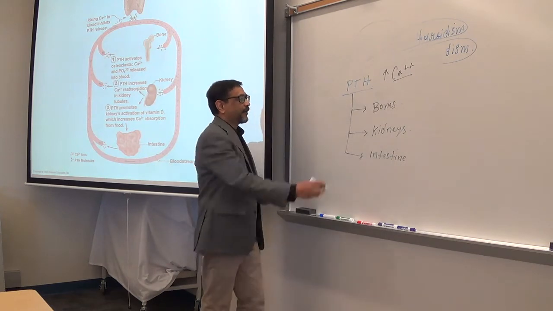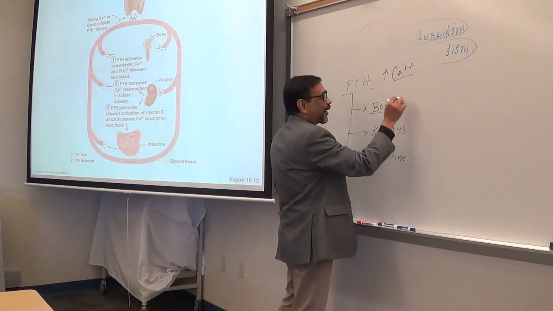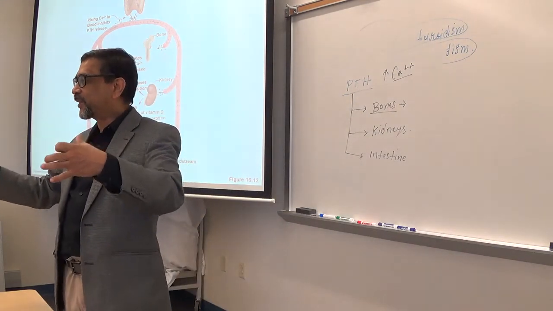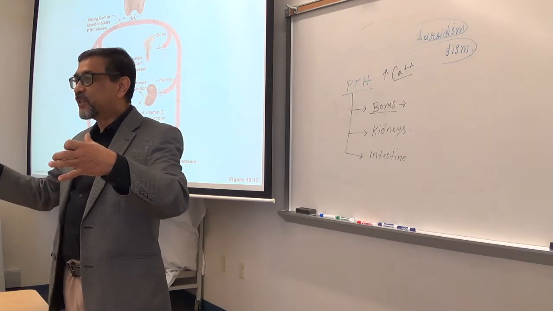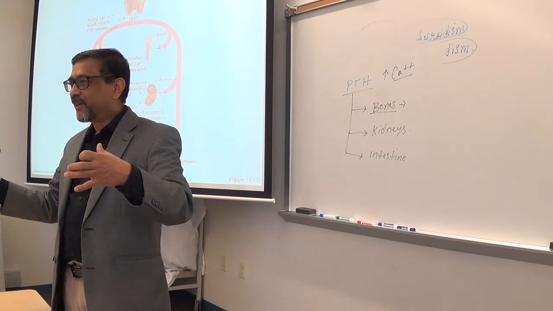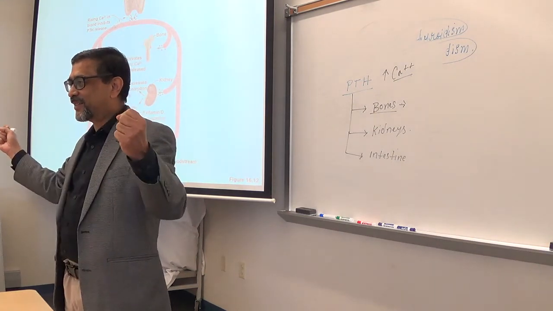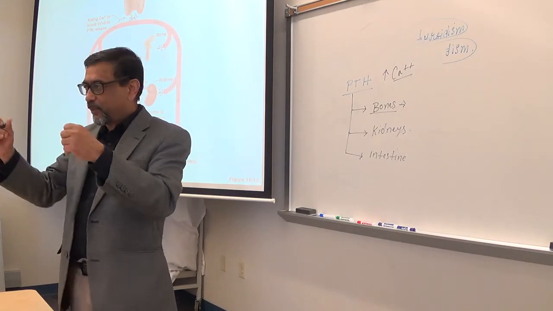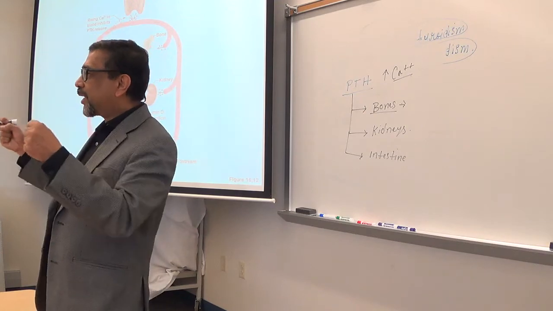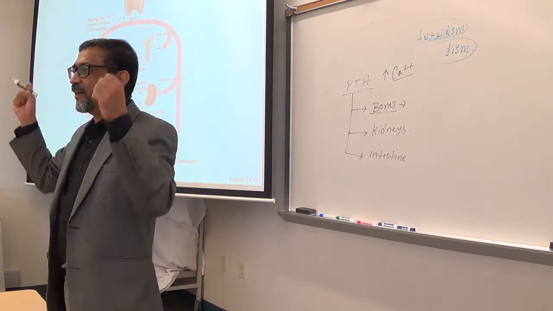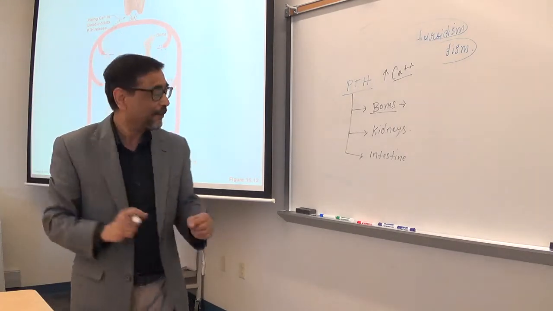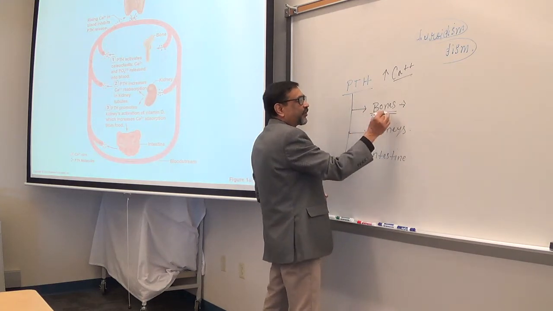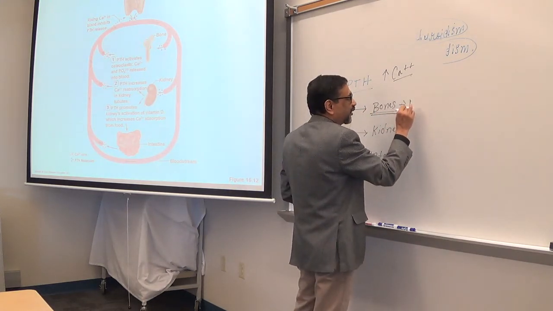Now, inside the bone, you have a giant cell. You remember what's the name of that cell? Osteoclasts. Remember that? Osteoclasts love to destroy the matrix, right? And matrix contains a lot of calcium. So if osteoclasts become active, they do what? Destroy the matrix, right? And release the calcium from the bone. We talked about that. So, what happens? Parathyroid hormone works on the bones to do what? Increase the